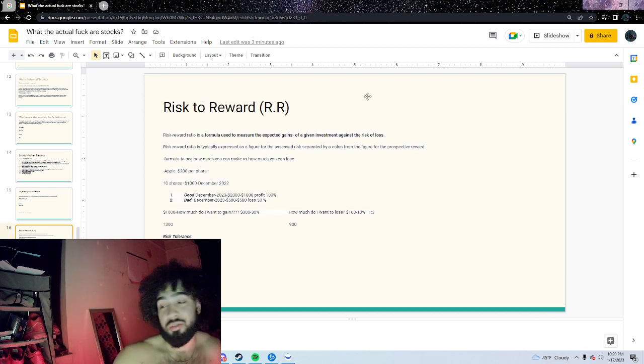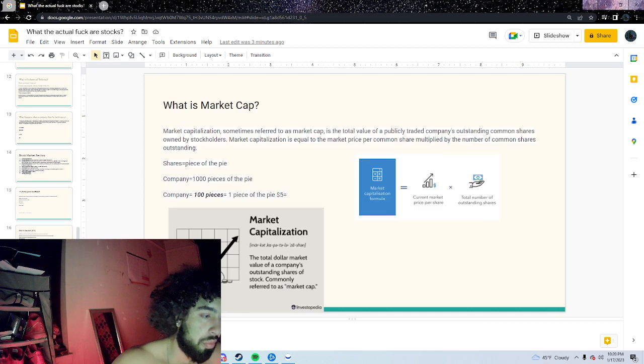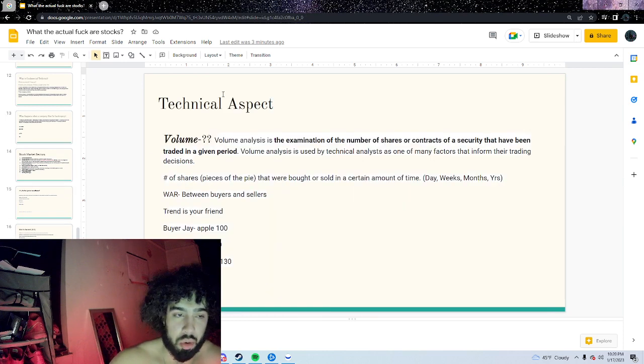Then we got the risk to reward ratio. We got basically the formula to make the cheddar and the formula to lose some cheddar. You know what I'm saying? Then we got the market cap, where we discuss the shares and how many shares there are in total. Then it'll be somewhat of the technical analysis, just a little taste of it,